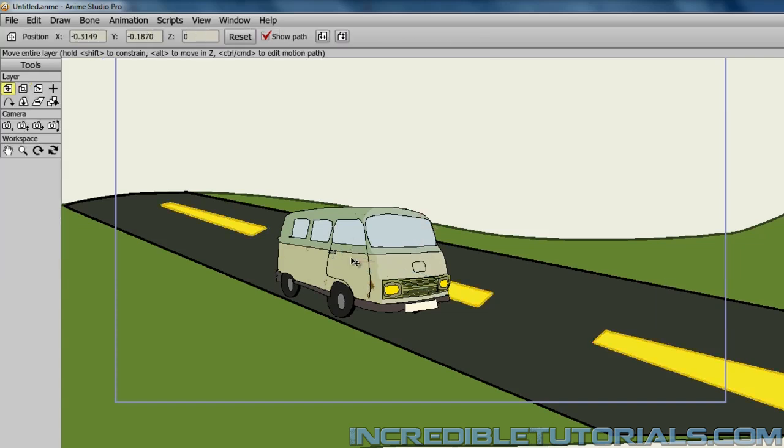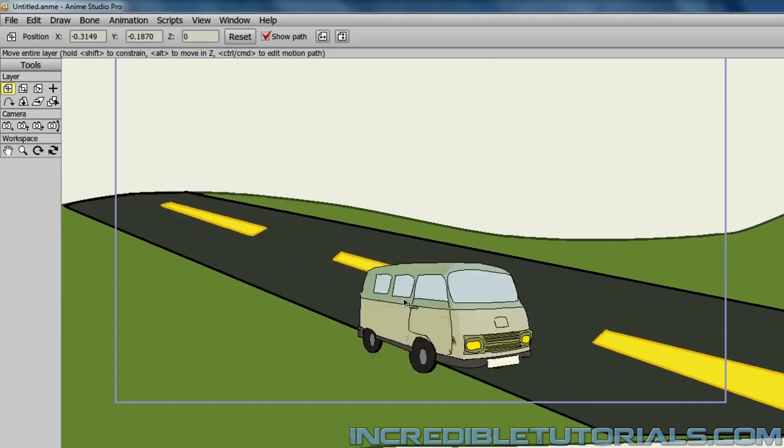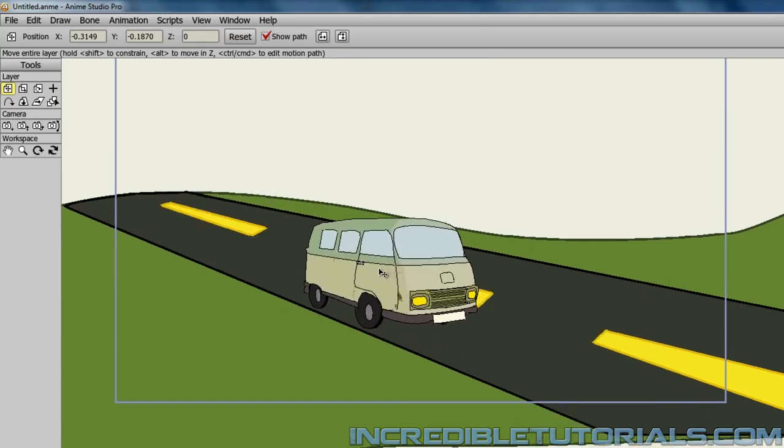And so I know this line looks really big compared to the van right now, but we will be increasing the size as it goes. So hopefully that will compensate for that. And if not, we can always, again, adjust the lines and make them a little bit smaller, but we'll see how it goes. Next, let's add some details to the sides of the road,